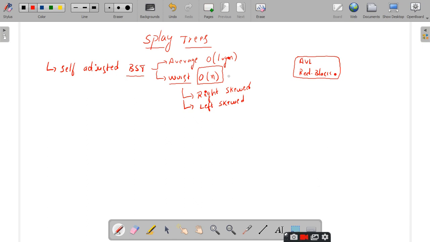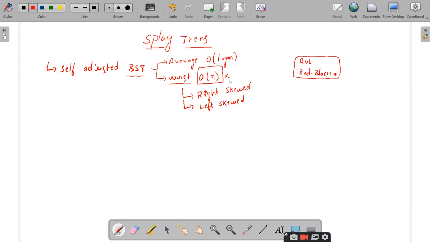Right. So, this worst case time complexity should be enhanced, or we need to optimize it. For this purpose, they identified the reason why it goes to big O of n. The answer is very simple: the tree is extended in only one direction, so the height of the tree is extended in a single direction.